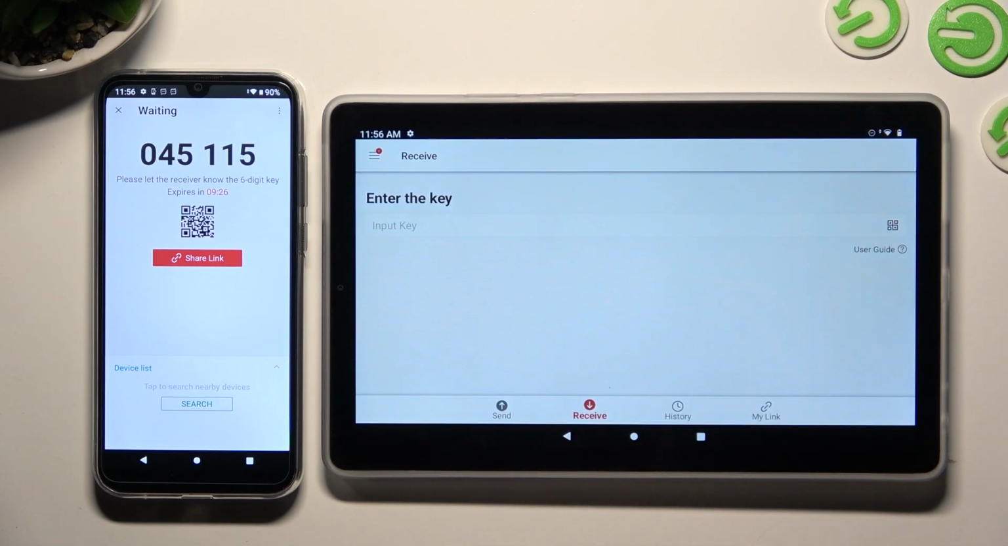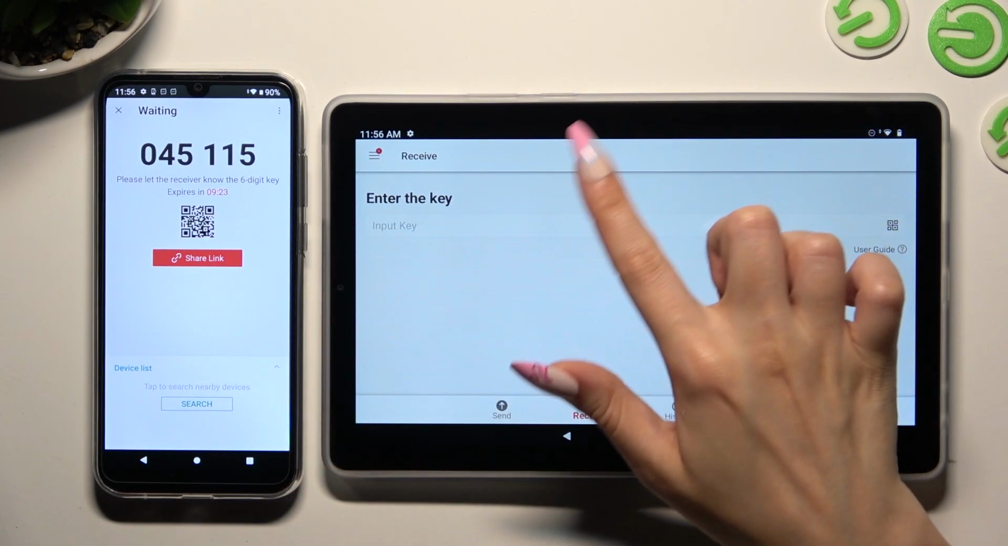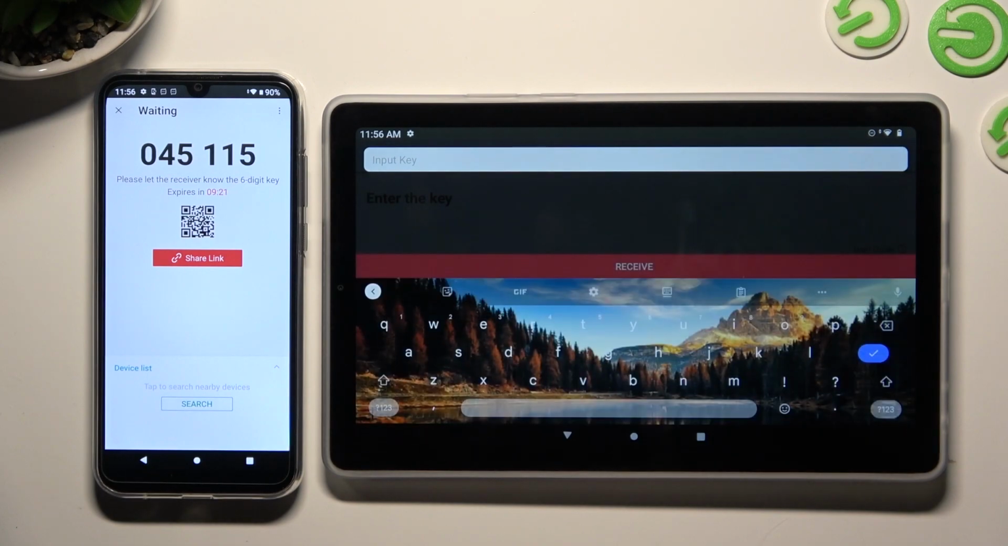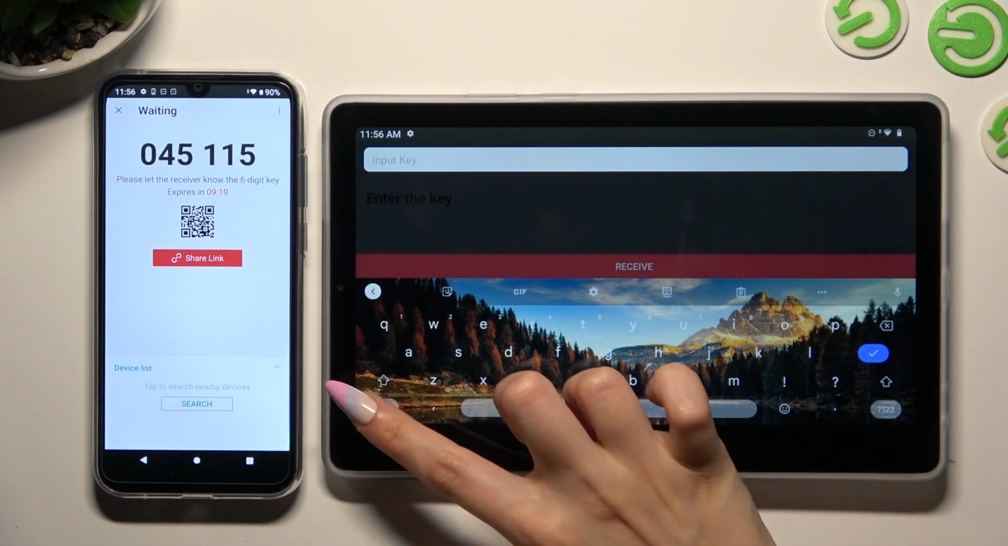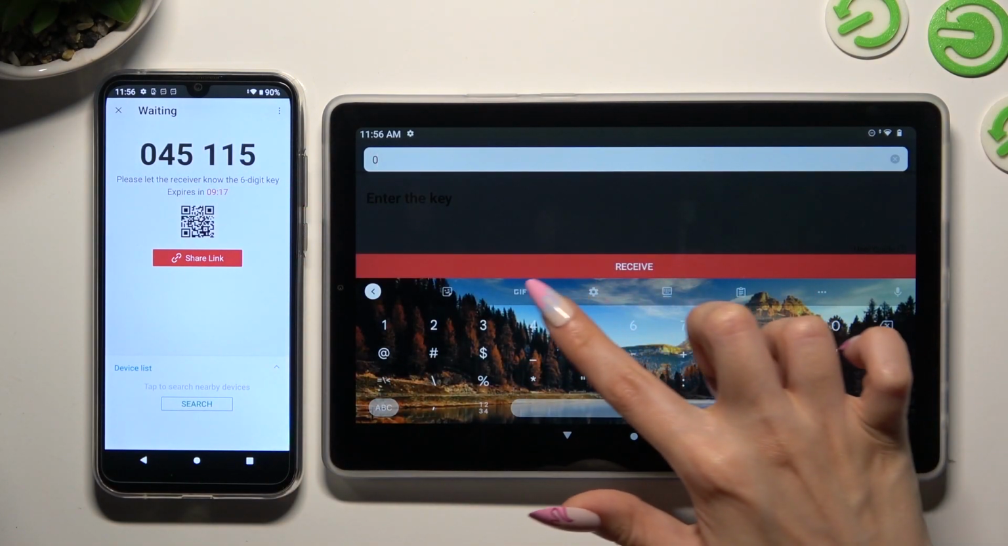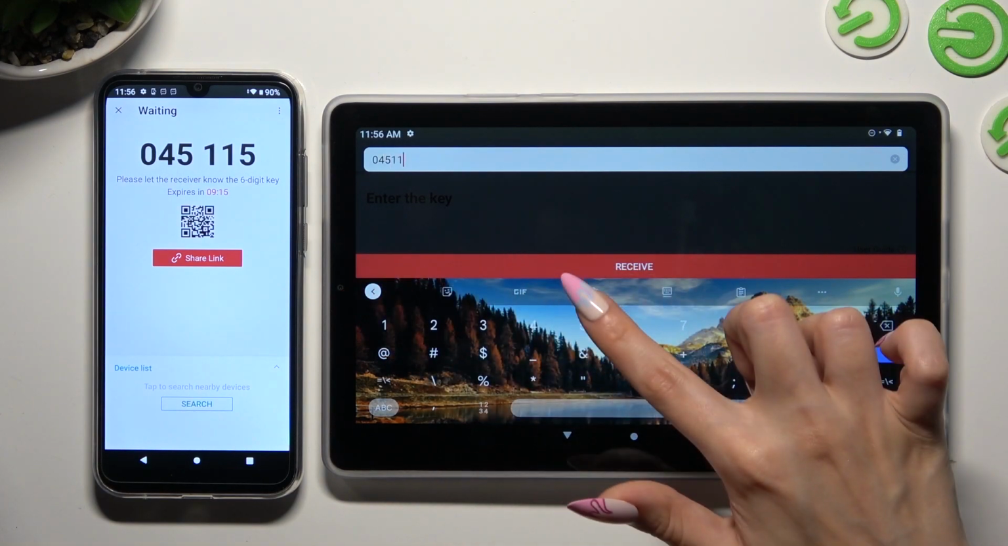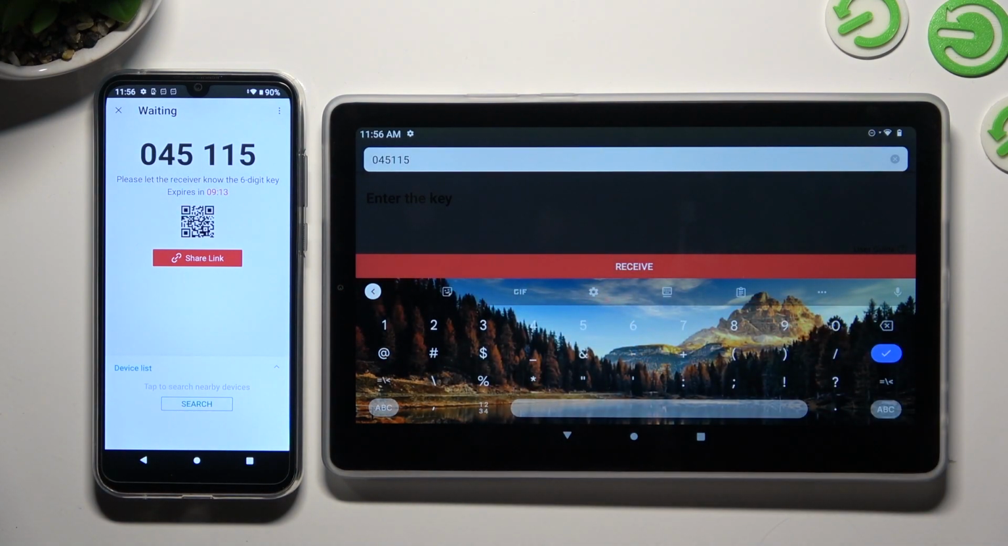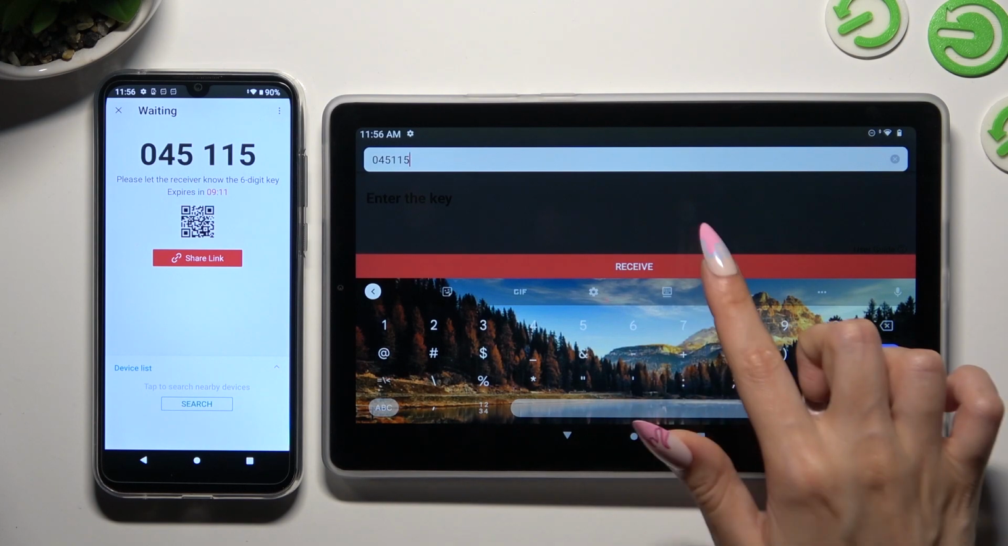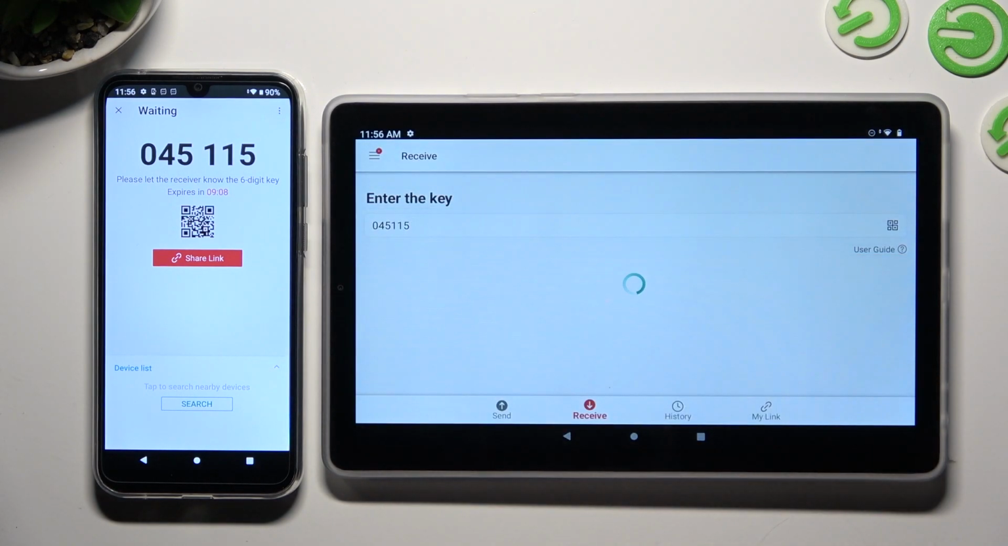If you prefer to input this key, tap on Input Key section and type in all of those numbers in correct order. Lastly, select Receive. So when I do that,